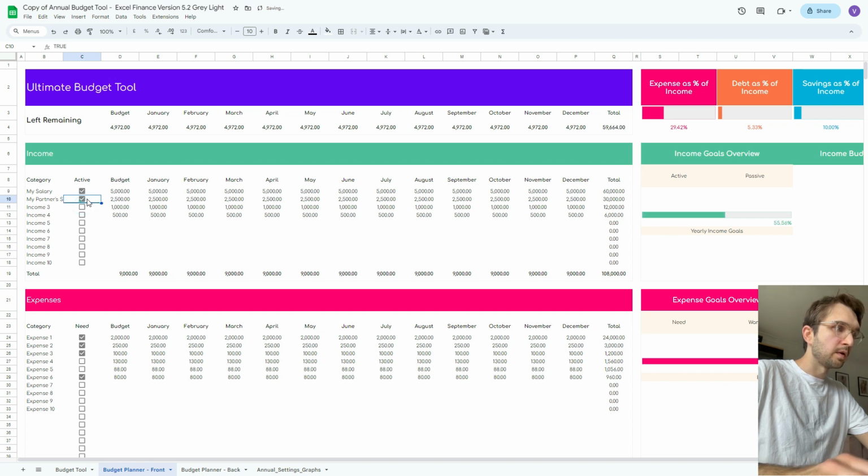And then obviously we do have the budget, and the budget column. So we have category, we have active, which will differentiate, which categorize between active and passive. Then we will have the budget column, and then we will start by introducing the monthly columns, and this is simply by typing, as I'm in